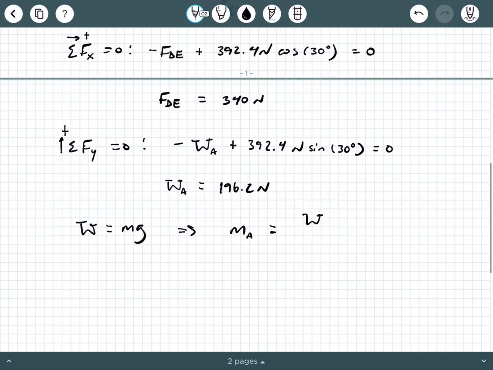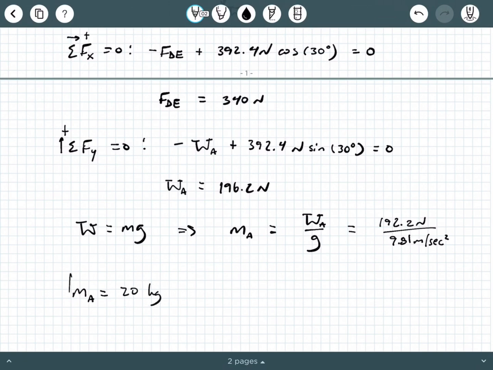And so if we want mass, the mass of cylinder A is going to be the weight of A divided by acceleration due to gravity. So 196.2 newtons divided by 9.81 meters per second squared. So the mass at A is equal to 20